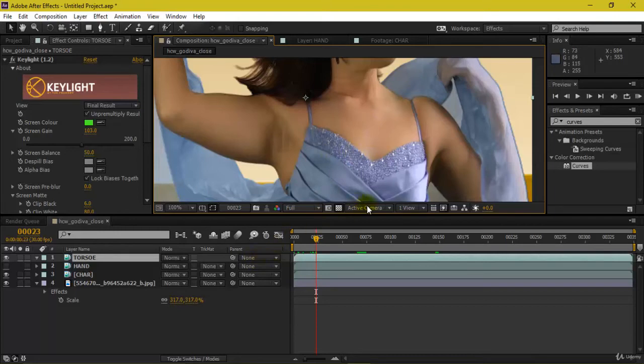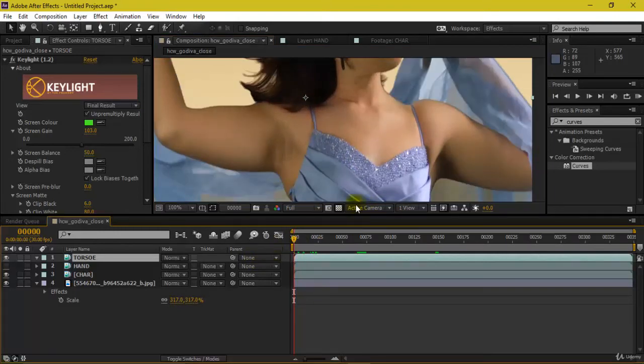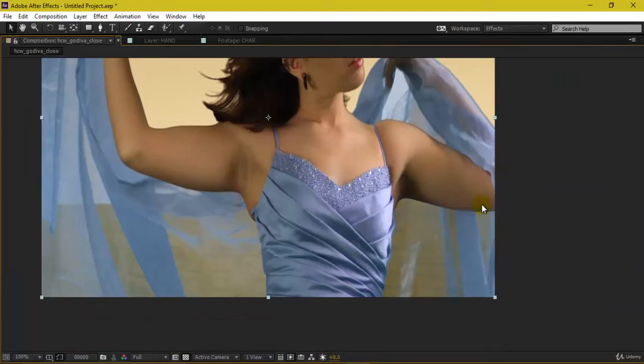So first what we'll be doing is we will be masking this out, the torso part which is already keyed out. So I'll be just taking this pen tool and I'll start drawing this.